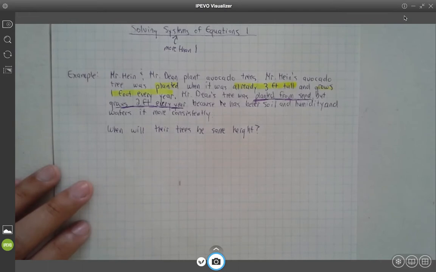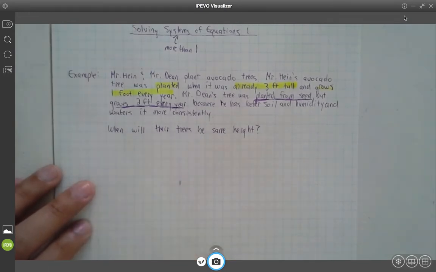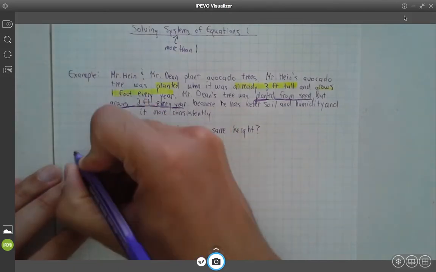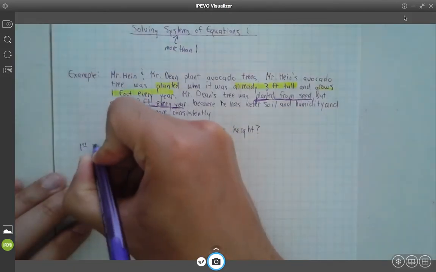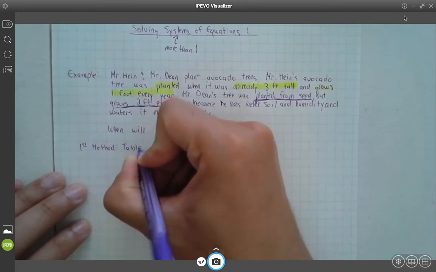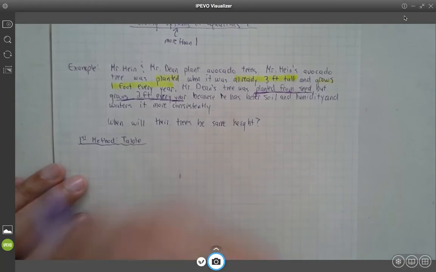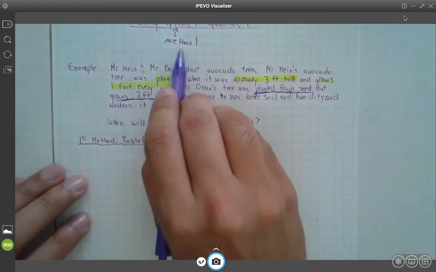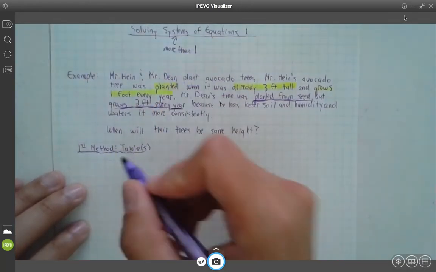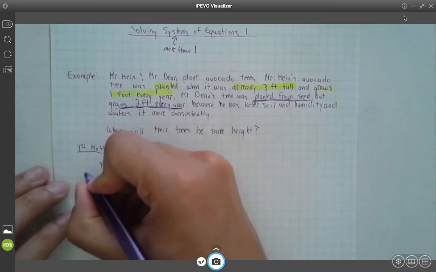But anyway, side note, the question here is when will their trees be the same height? Okay. Now there's two ways we can solve this. The first method we're going to do is with a table. And how would this look? It actually wouldn't be one table, it would be two tables because there's more than one thing going on here. So I might make my first table where it's going to be years, and we'll call this the height